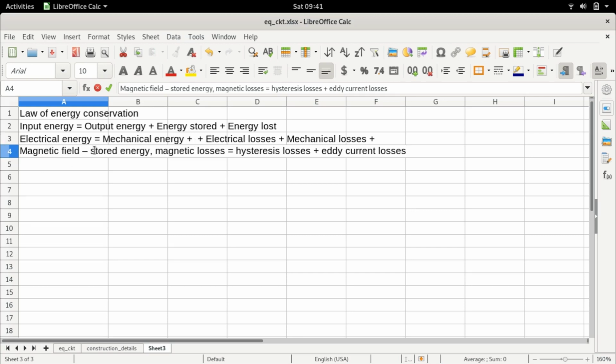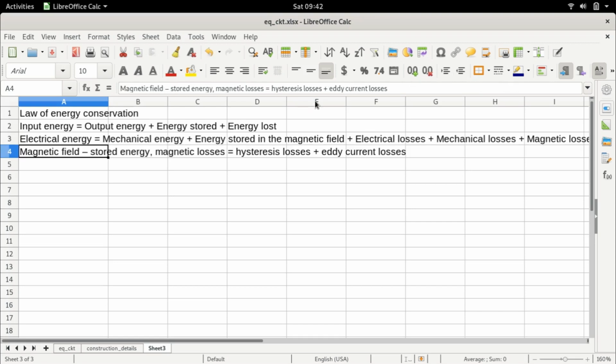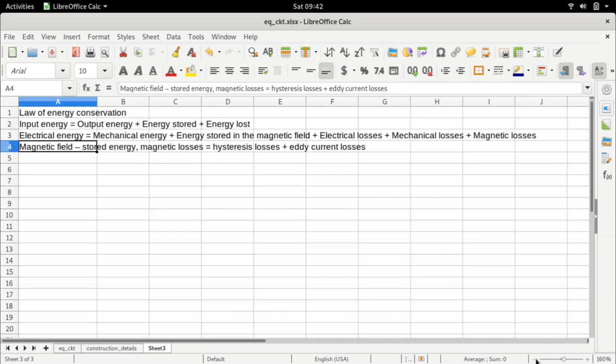So therefore, this stored energy has to be accounted here in the energy stored. So let me come back here and write here energy stored in the magnetic field. And here we come to magnetic losses. Alright. So this is a pretty big one actually. Let me just zoom out a little. Okay. So this, as you can see, is the entire equation. That is, input energy, electrical energy, is equal to mechanical energy plus the energy stored in the magnetic field plus